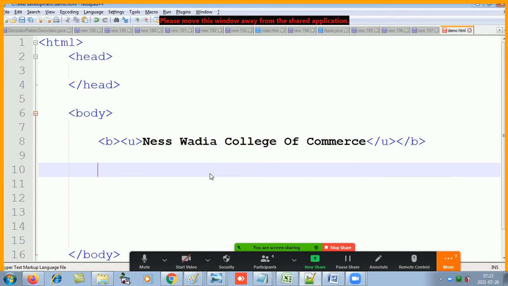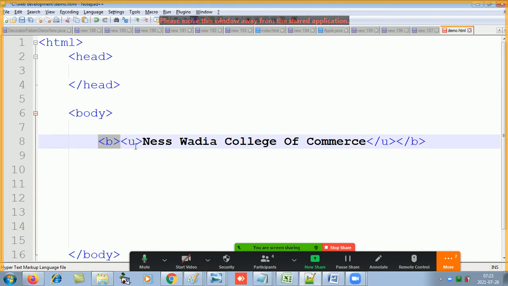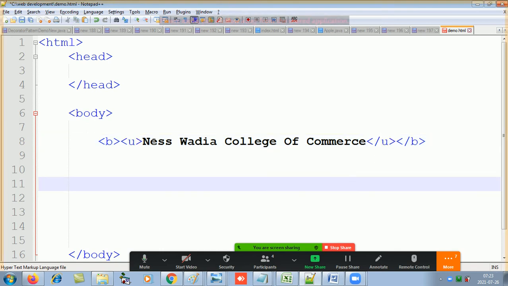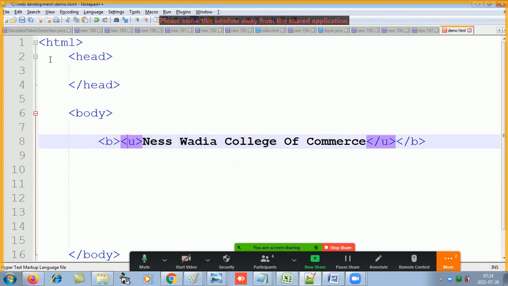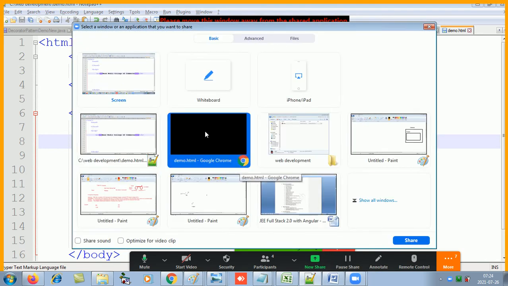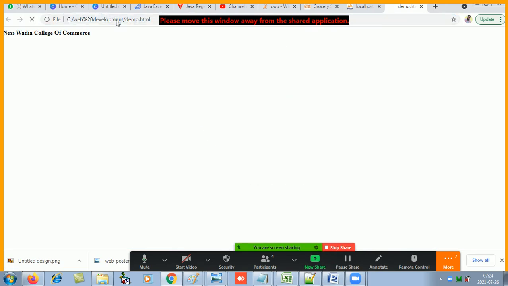So over here, first I opened the B element, then I opened the U element. Now which one do you think I'll close first? So now this text will get the effect of underline as well as bold. Change, save the changes, go to the browser and just refresh.